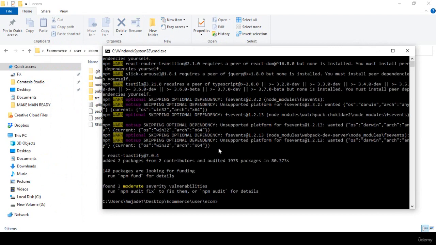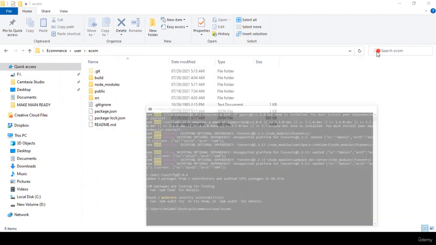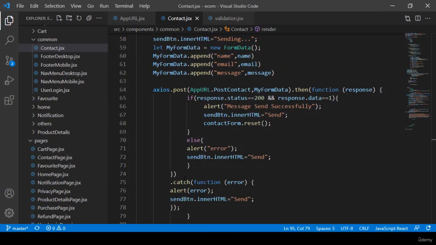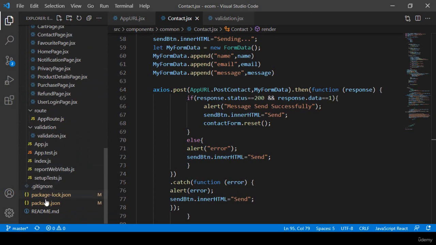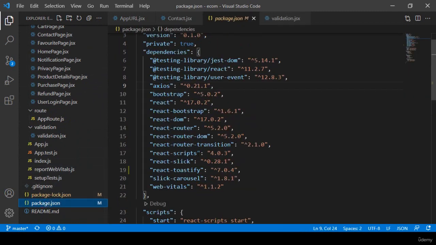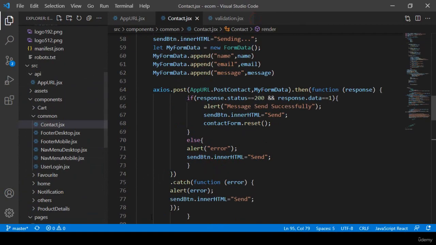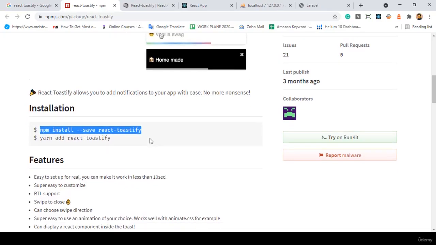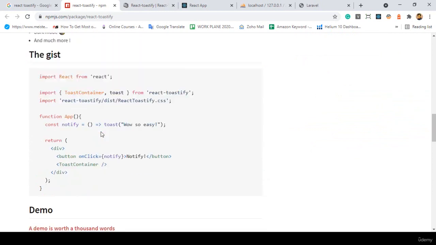So friend, here you can see our Toastify package installed successfully. If you also want to check it, simply go to our package.json. Into the package.json, you can see React Toastify is installed successfully. Great. So now I want to follow all the steps, and if you go to their official website,